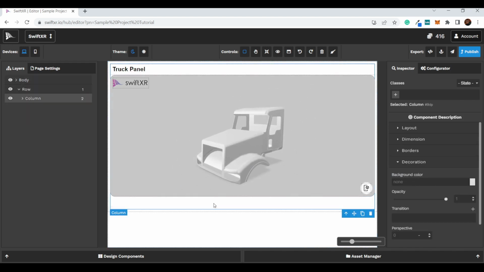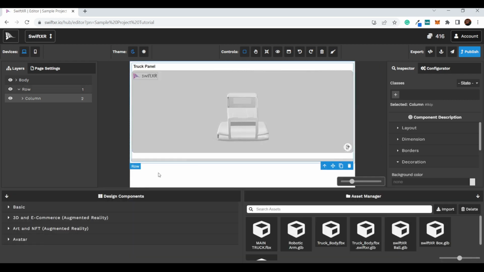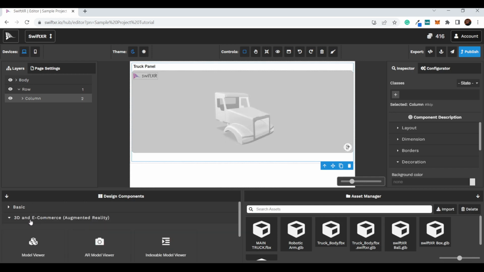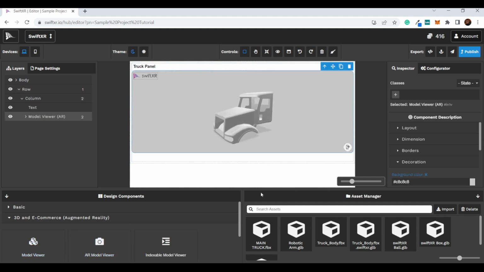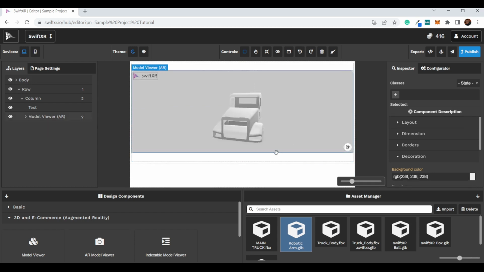For the second part, I want to add the robotic arm. And for this, I am going to select the basic components. Rather, I can drop the model viewer. If I want to add a component to the canvas, I can either select from here and drop the component in the tab here, which still works, or I can delete this and drop a particular component I want here,